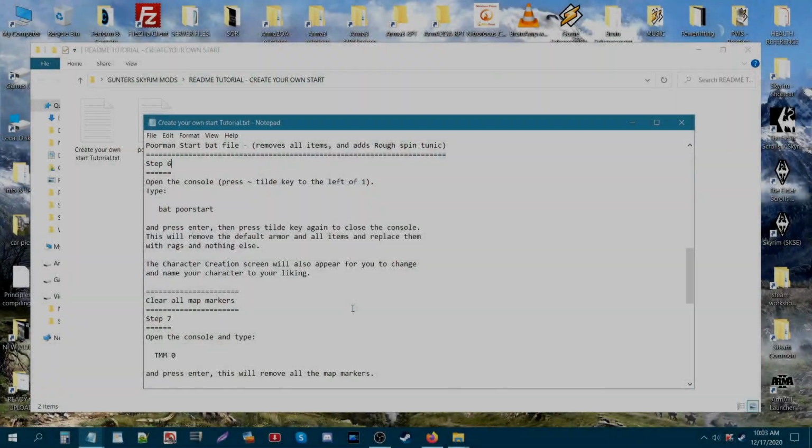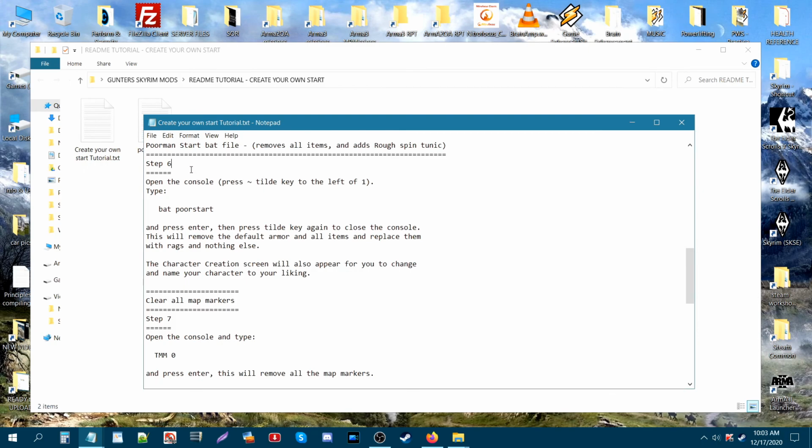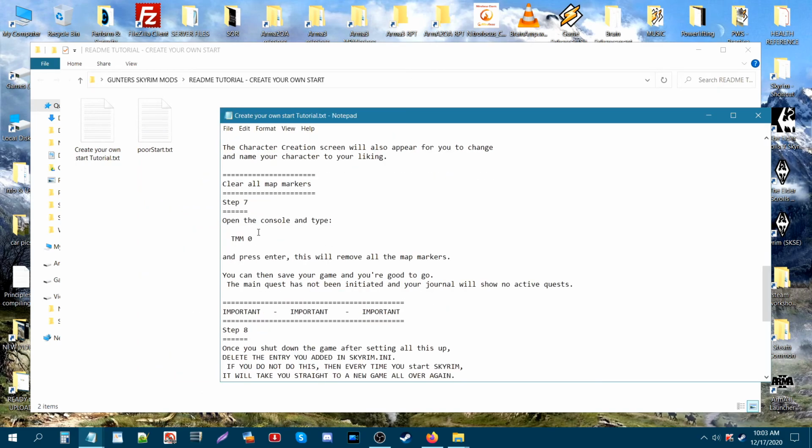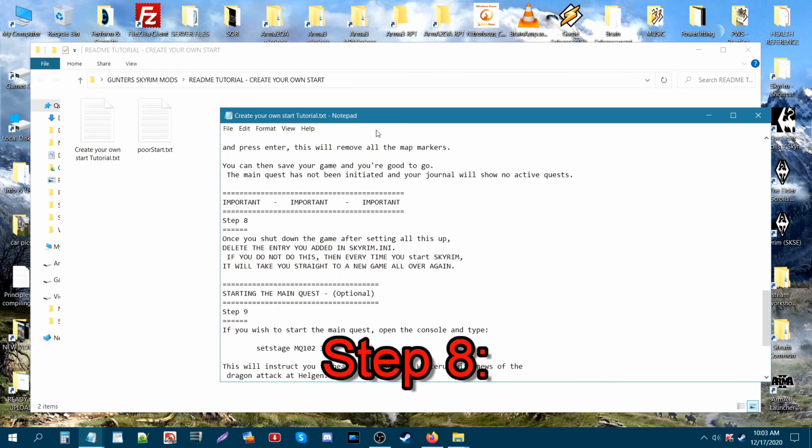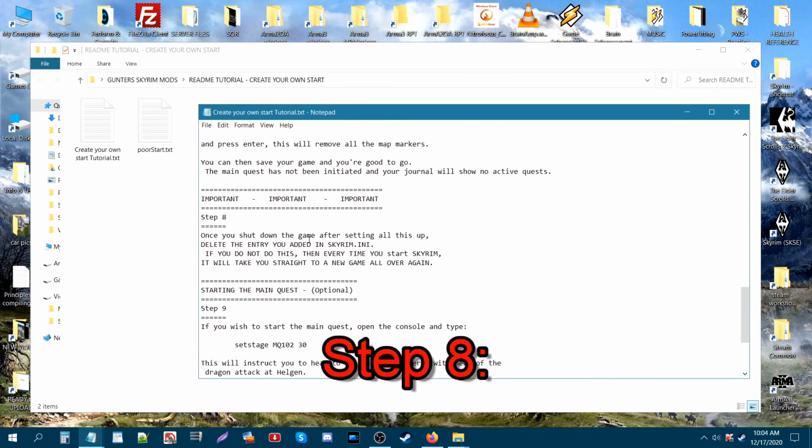Alright guys, we are back on my desktop on the tutorial readme. So step 6 was basically to type in the console the bat poor start. Then in step 7 we cleared the map of all the markers, which was this TMM0, and the next step is step 8, and this step is once you shut down the game after setting all this up, after setting up all the codes and so forth, and putting the code in the INI and putting the poor man bat